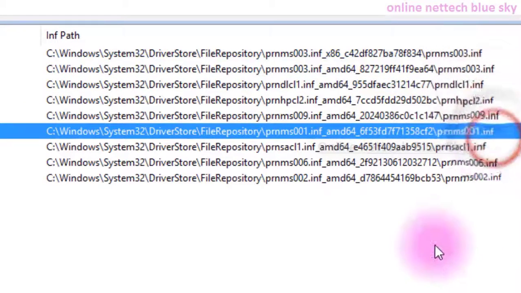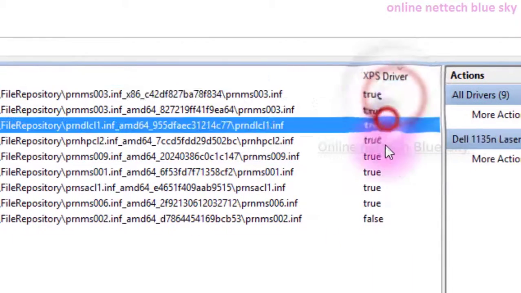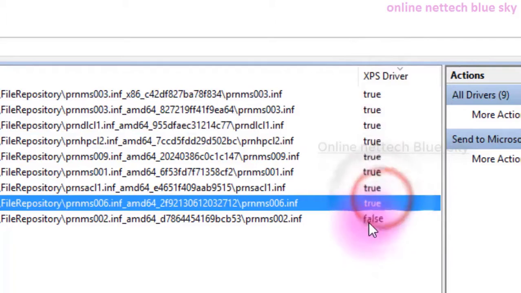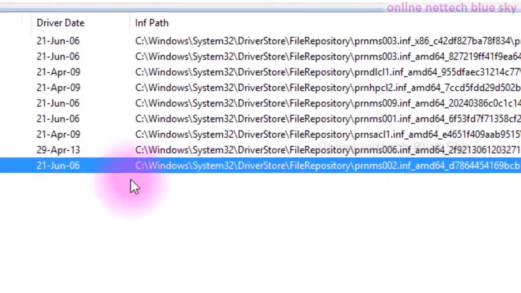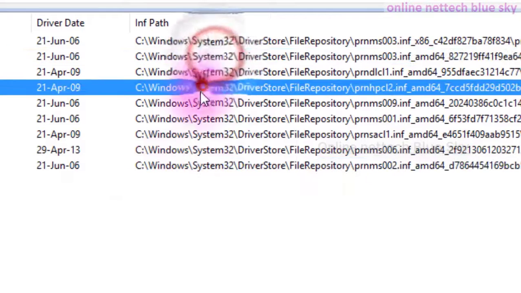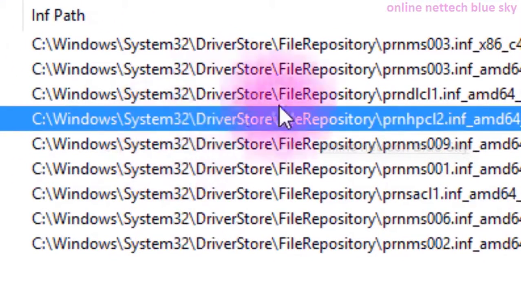You can see my path here. Go to Windows, System32, DriverStore, and FileRepository, and these are all of my printer drivers. Follow this path and you can see all the printer driver programming files. This is very important: System32, DriverStore, and FileRepository, in prnspc.